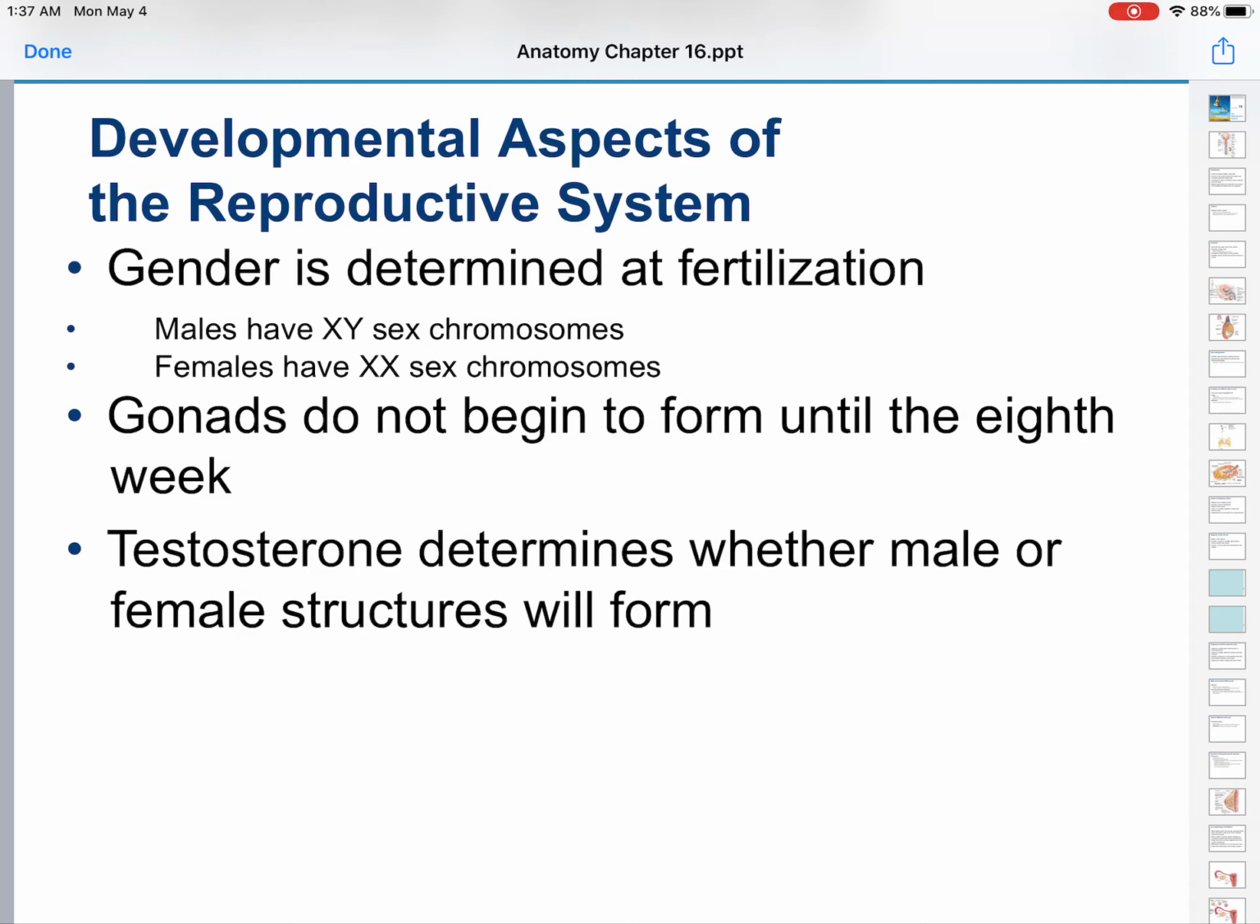However, gonads and the genitals do not begin to form until the 8th week. The presence of testosterone determines whether male or female structures will form. If you have testosterone, the body will start to form male structures. However, you do not have to have estrogen. If you have a lack of testosterone, if no testosterone is introduced into the system, the body will default to